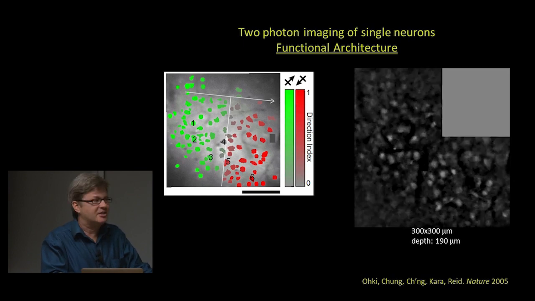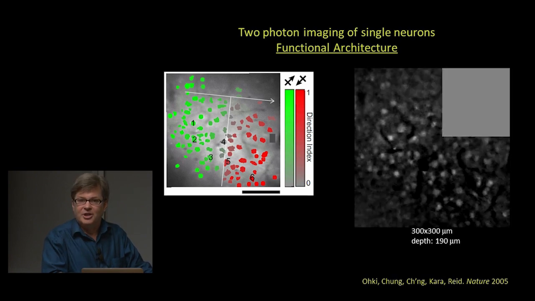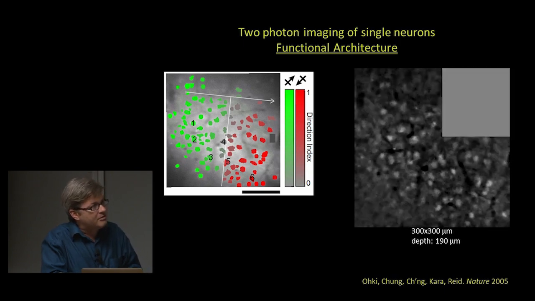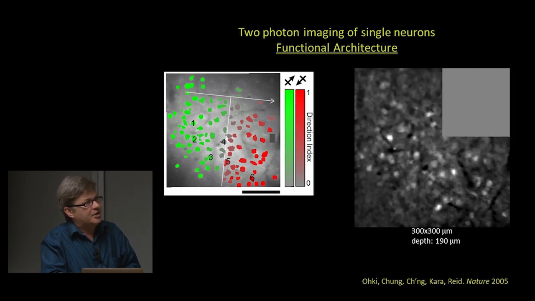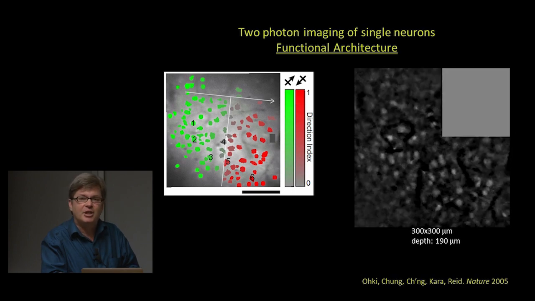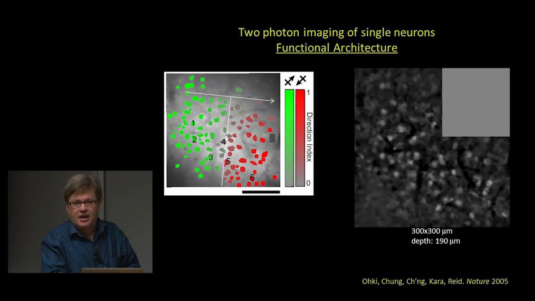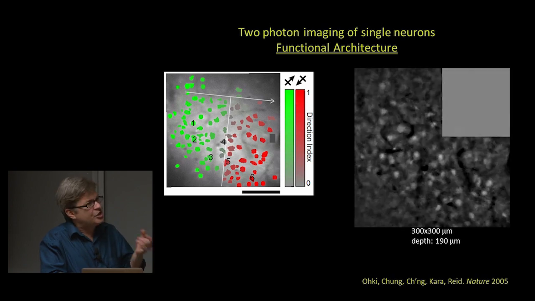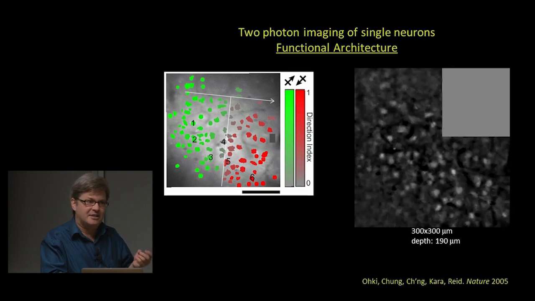cortical circuits. And now this is, I think I called it a cortical ensemble of roughly several hundred microns, several hundred neurons, and look at these individual points of light, and those individual points of light are neurons, and some of these neurons respond to stimuli moving in one direction, like this, and other neurons respond to stimuli moving in the opposite direction. And again, that's showing something that we already knew, plus or minus, functional architecture, but at the scale of single